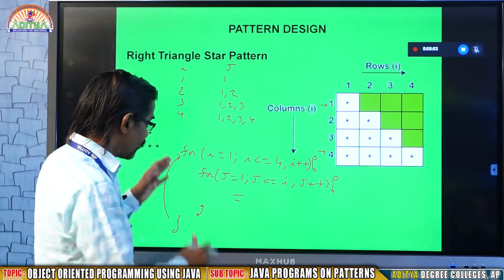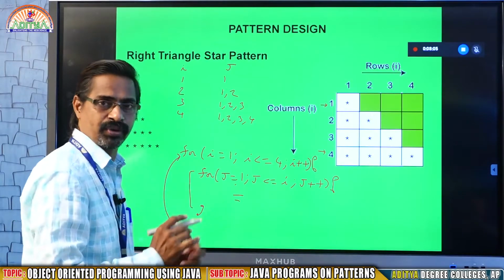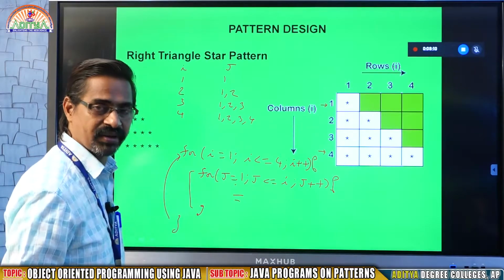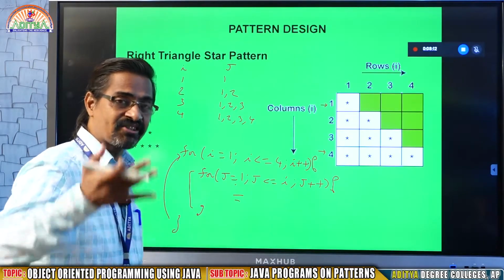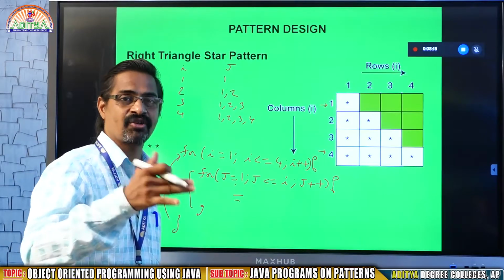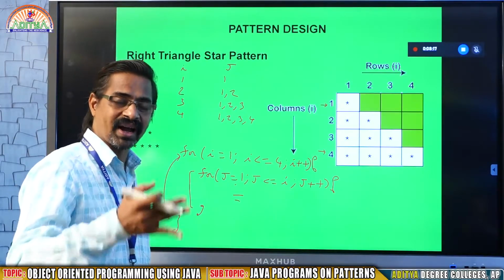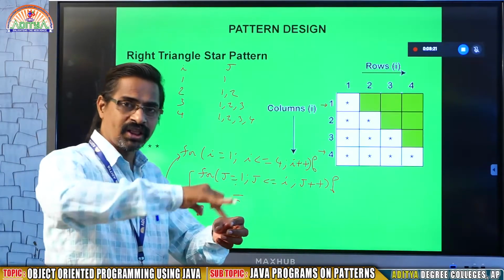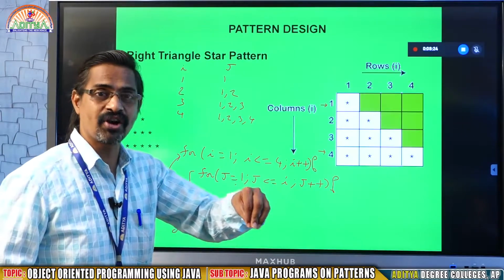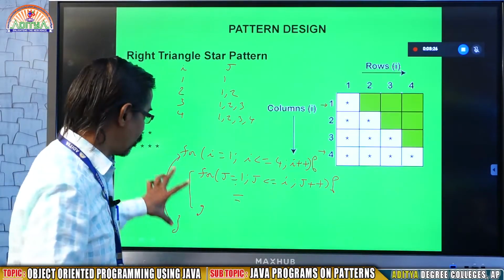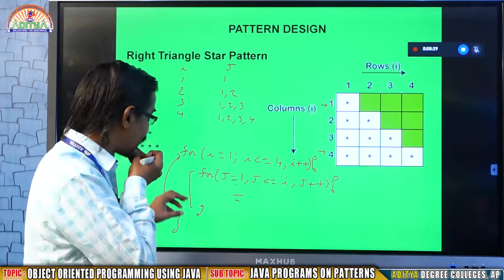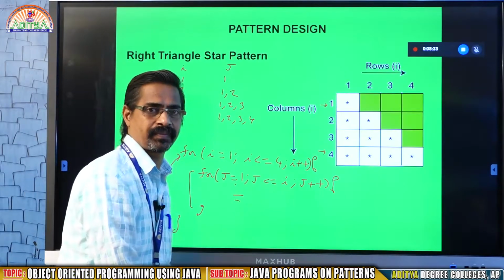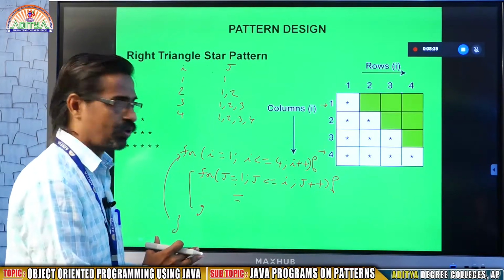So its meaning is, this is what is called nested loops. A nested loop is nothing but when a for statement contains another for, it is called nested for. When a while statement contains another while, this is called nested while. When a do while contains another do while, it is nested do while. In simple words, we call all these 3 looping statements nested loops. What is the meaning of nested loop? When a loop contains another loop. Of course, here it is not restricted to only 2 loops. You may write any number of loops inside. That is the actual concept.